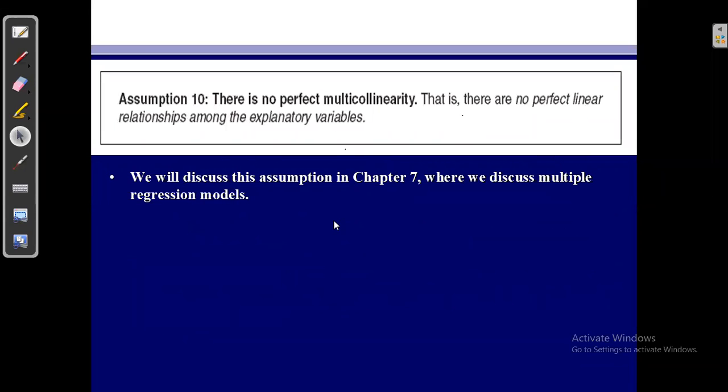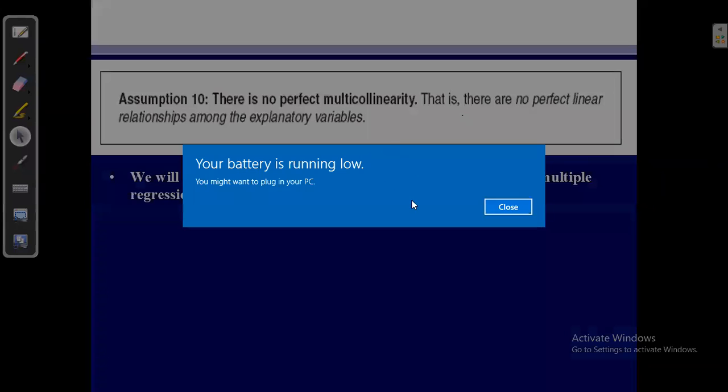The last assumption is the assumption of no perfect multicollinearity. Okay, no perfect multicollinearity. Here comes the difference with the assumptions that I had considered previously. When we talk about